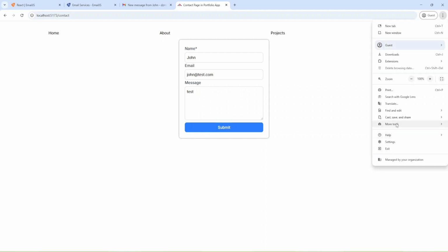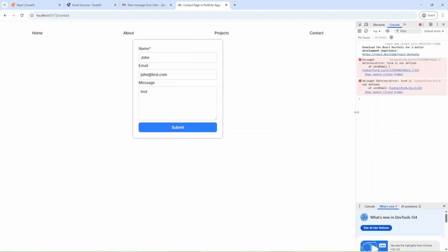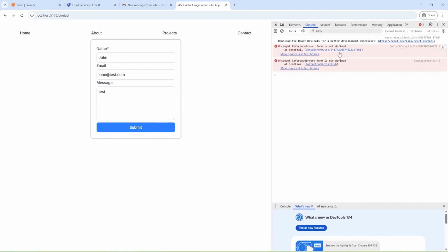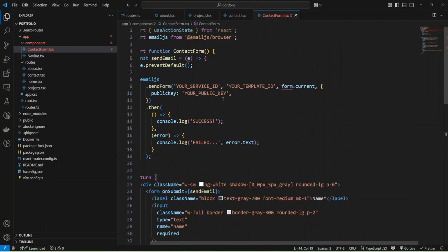Let me open console. Probably we have some submit and form is not defined and I'm going to use action state hook.